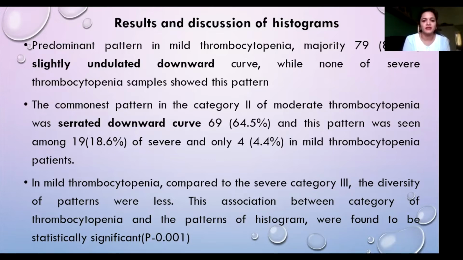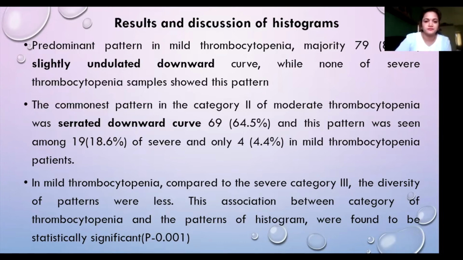So the commonest pattern in category 2 was serrated downward curve, and this was also seen in some cases of severe thrombocytopenia and only 4 cases of mild thrombocytopenia cases. In mild thrombocytopenia, compared to the severe category of 3, the diversity of patterns was very less. So this association between the thrombocytopenia cases and the patterns of histogram was found to be statistically significant with a p-value of